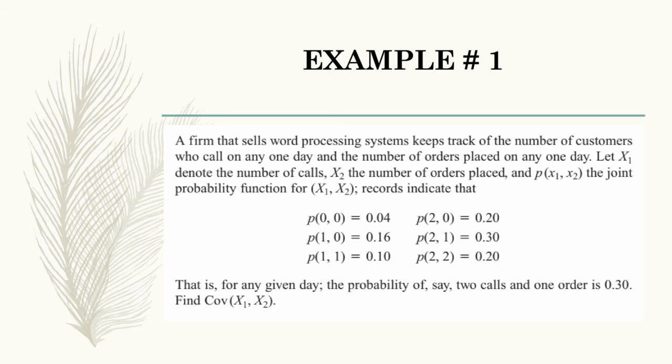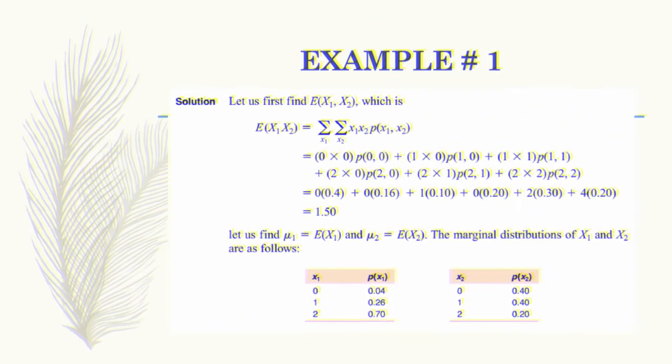Records indicate that p of 0,0 is equal to 0.04, p of 1,0 is equal to 0.16, p of 1,1 is equal to 0.10, p of 2,0 is equal to 0.20, p of 2,1 is equal to 0.30, and p of 2,2 is equal to 0.20. That is, for any given day, the probability of, say, 2 calls and 1 order is 0.30. Find covariance of x sub 1, x sub 2. And the solution would be